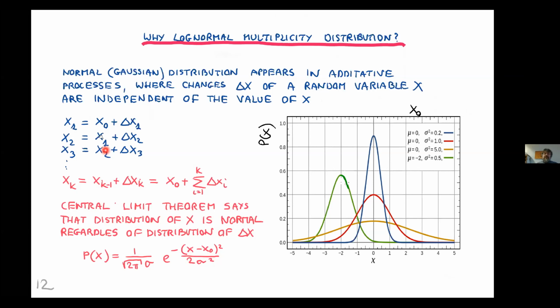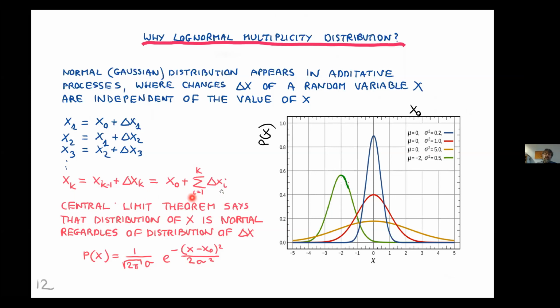So if we start from the value x0 at step 0, then x1 is x0 plus delta x1. x2 is x1 plus delta x2. These deltas are generated from the same probability distribution, and generated independently of each other. Then after k steps, xk is xk minus 1 plus delta xk,